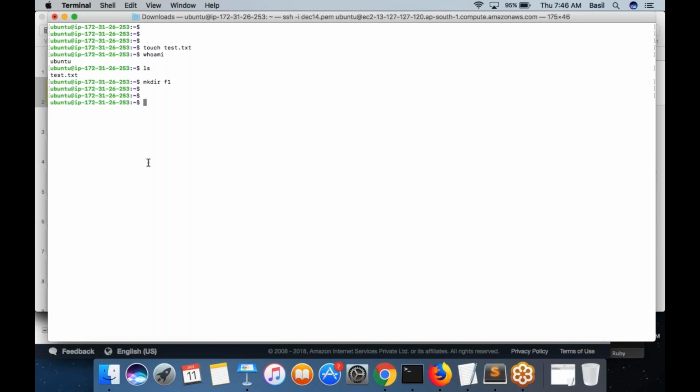So the equation is simple. There is some execution taking place in the background. Whenever you execute a command, some execution takes place in the background. So what are these commands, what is this mkdir, ls, whoami, or touch? They are actually nothing but some executable files which have the instructions, the actual commands, written in them. Think about the exe file in your Windows. Similarly, they are some executable files.